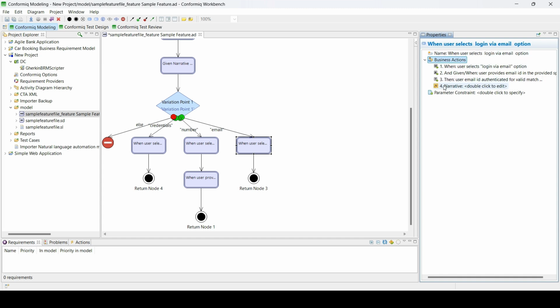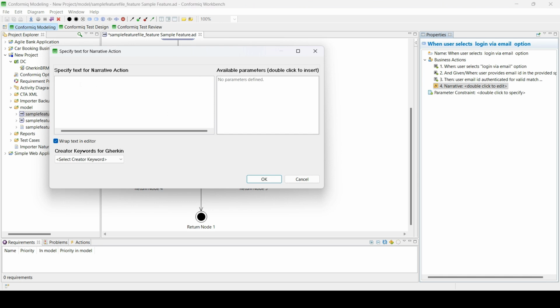That is, if you double click on the narrative action and the editor window opens, you can find a new UI option has been provided, a drop down which has all the special keywords such as the background, description, comments, tags. Now suppose I try to add a keyword called tags in the model flow and I name this